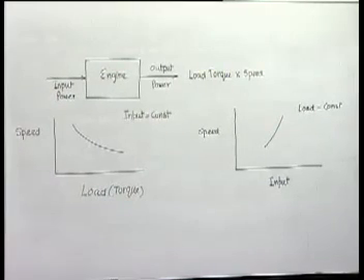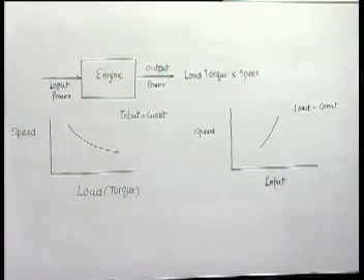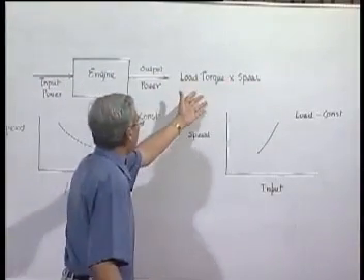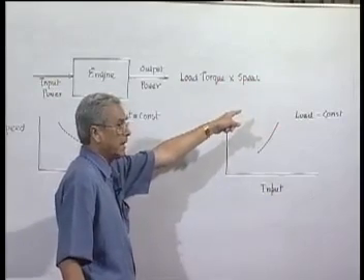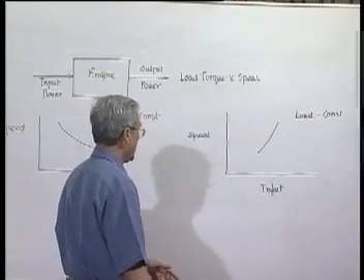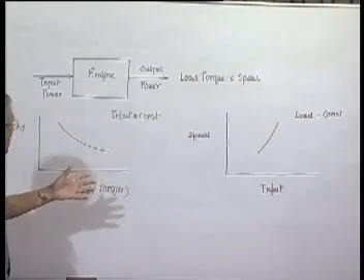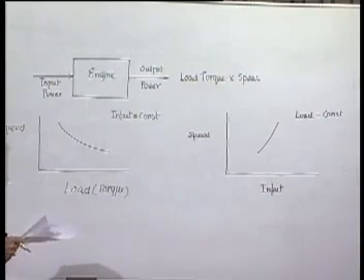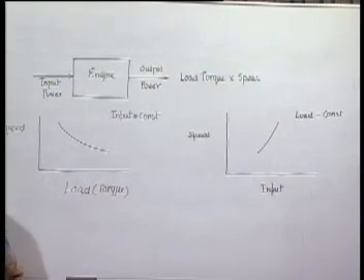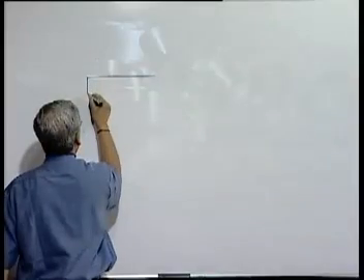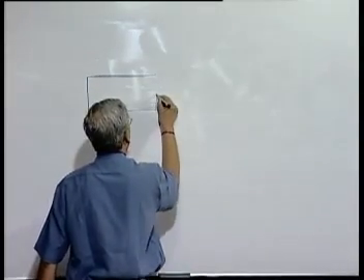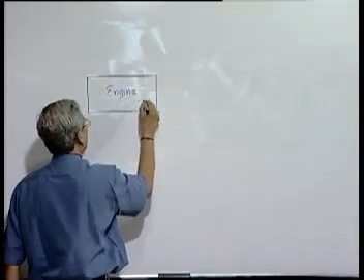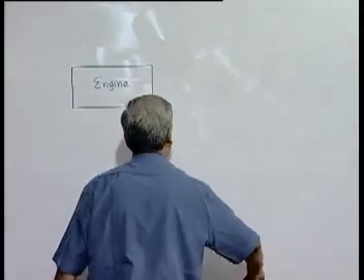Now, how to then maintain the speed? So it becomes obvious to us that if the load torque increases and we want to maintain the same speed, which is equal or very near to the design speed, there is no other way but to manipulate the input. We have to increase the input power. That means schematically the situation will look like this. So this is our system, say an engine, it could be another machine also, and our speed,